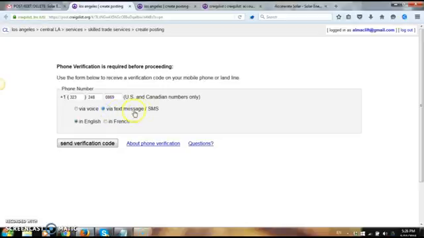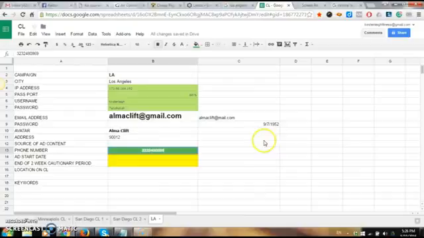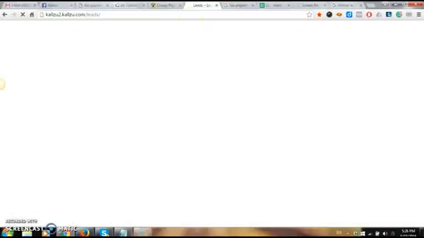Is again what we're doing. We're going to do text message in English. We're just building trust, and that's why we use Gmail accounts. That's why we use the Qzx platform. We're building trust, and